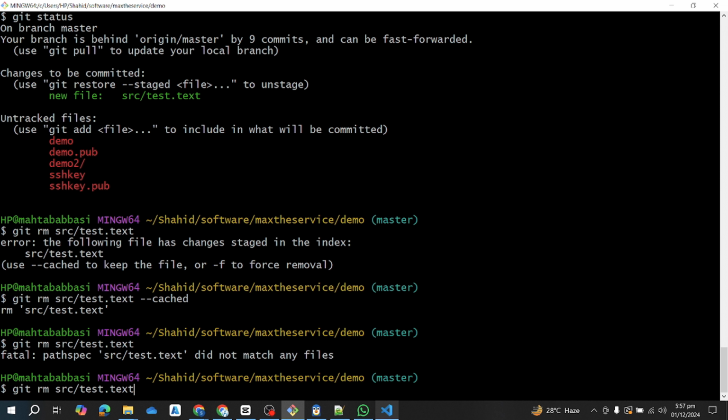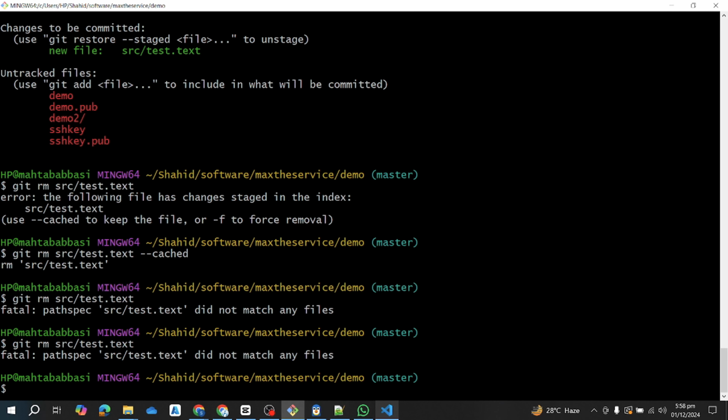Why is it saying this? Okay, we have to check why this is not working. Either there is no issue with the path, it is deleted from the cache, but manually it is not deleted. Okay. Okay, next is